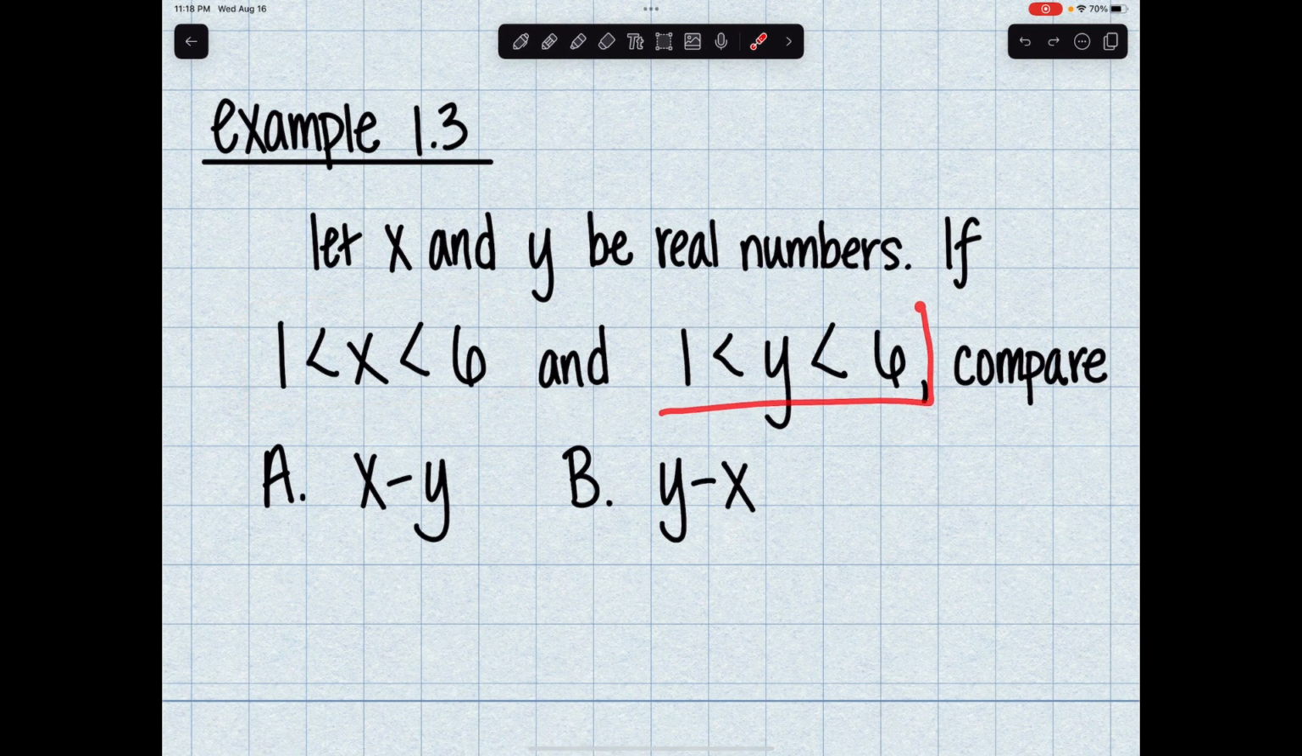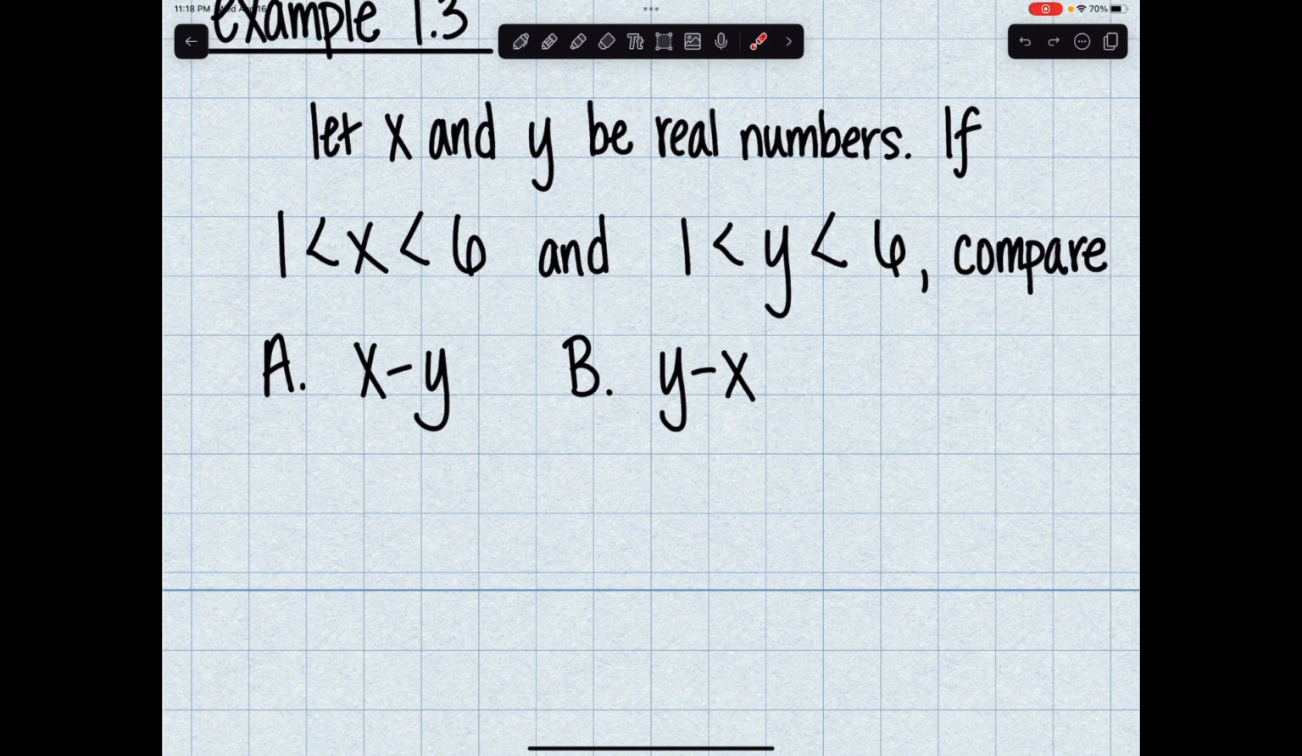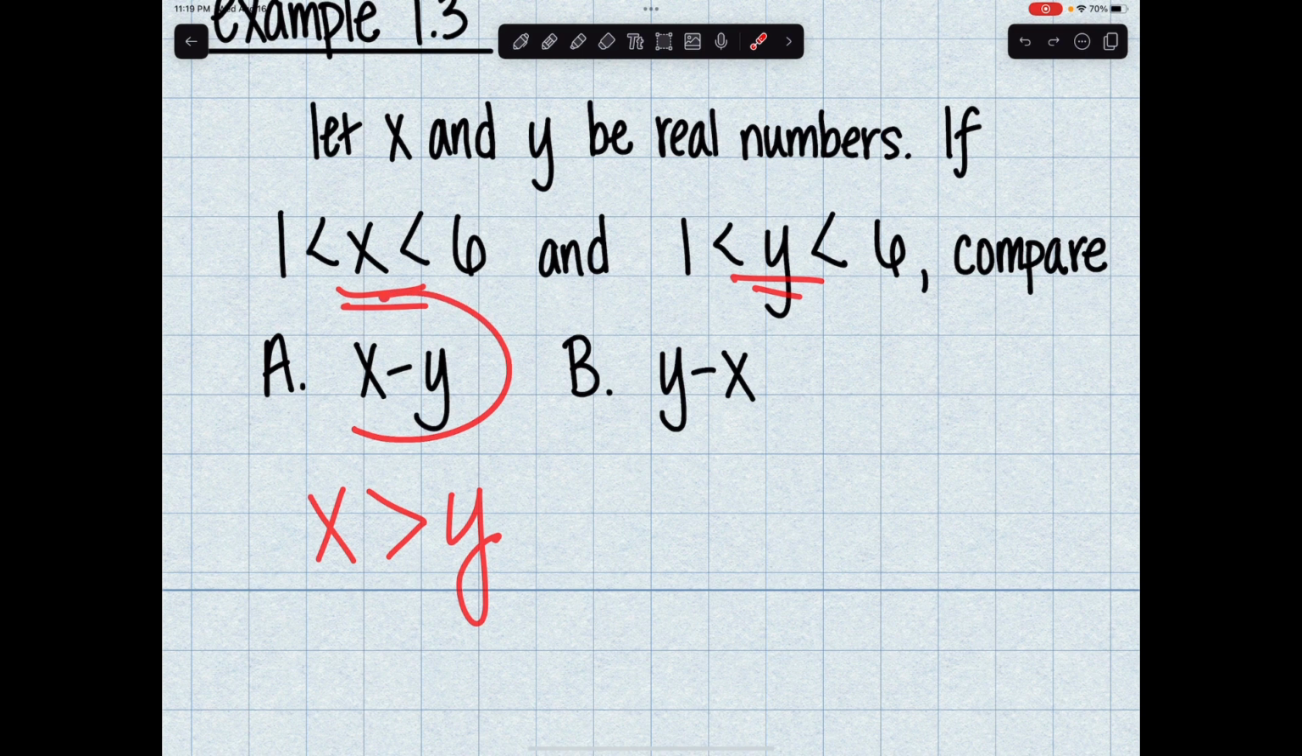They also tell us that y is between 1 and 6. Now they want us to compare these things. X minus y or y minus x. So x could be any number between 1 and 6. Y could also be any number between 1 and 6. So we have three options here. The three options are x could be bigger than y. If x is bigger than y, then A is going to end up being a positive number, and B is going to end up being,